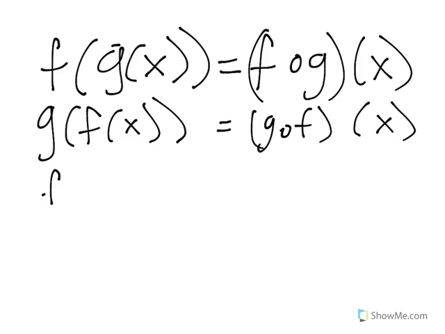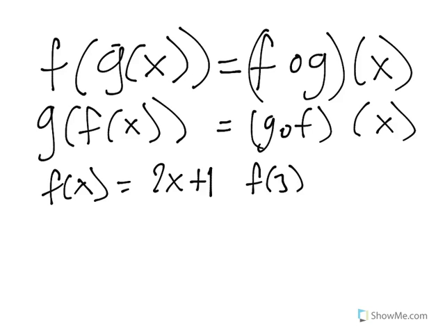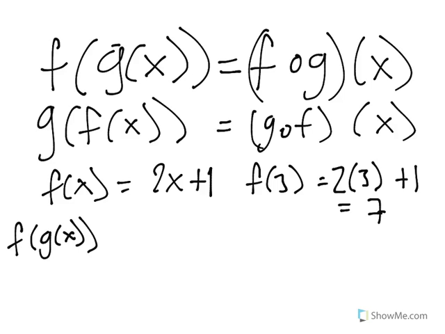So you've seen before when you have a function like f of x equals 2x plus 1, and they've asked you to plug in an x, say f of 3. So you do 2, and you put 3 in for x, which would give you 7. But in this case, if you're doing f of g of x, you're putting in the inside function g of x for x. So say they give you, like they had before, f of x equals 2x plus 1, and they give you g of x